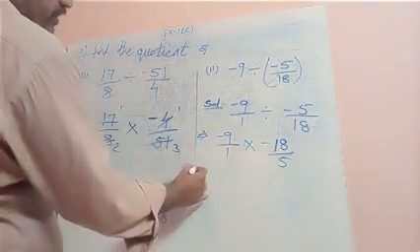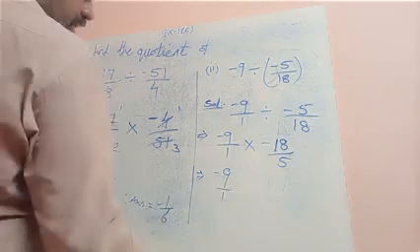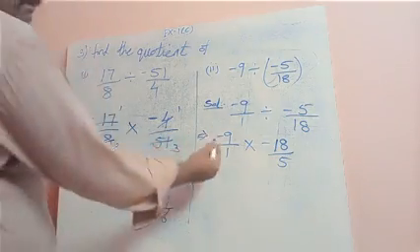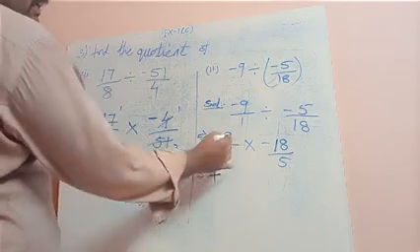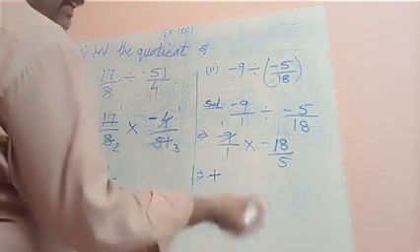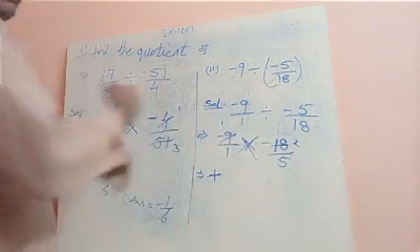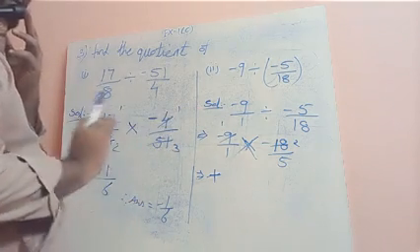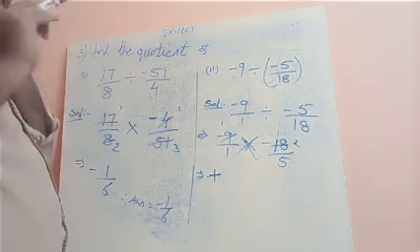Now writing that. Minus 9 by 1. First the sign: minus into minus is plus. 9 table 1 time and 8 table cancellation. We should not cancel like this. This is wrong. Why? Because I saw so many students cancelling numerator with numerator. We should not cancel numerator and numerator. We have to cancel numerator and denominator.